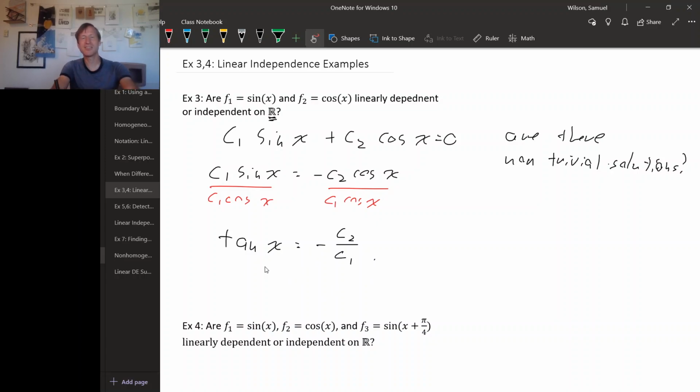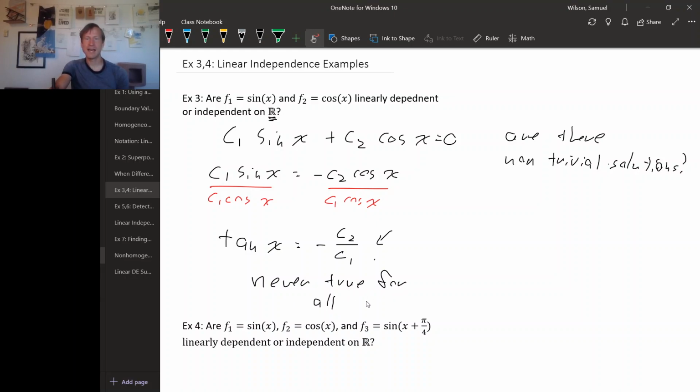So remember, we're asking ourselves, is there any way that we can make this equation true by choosing c1 and c2? Is there any way we can make this equation true for every x? And, well, the answer is no, because the right-hand side is a constant, but the left-hand side isn't. So this can't be true. So this is never true